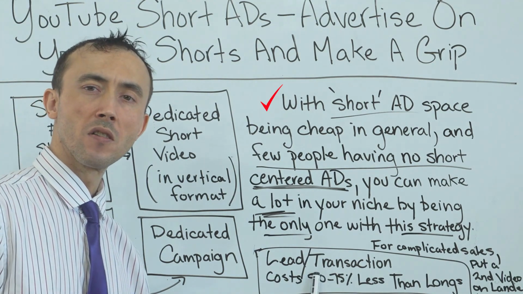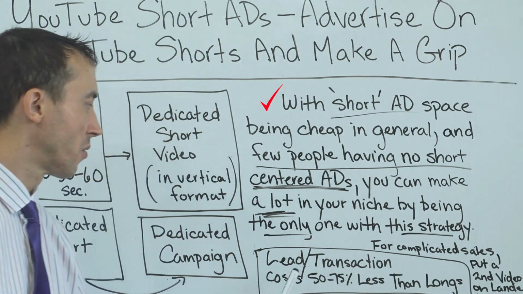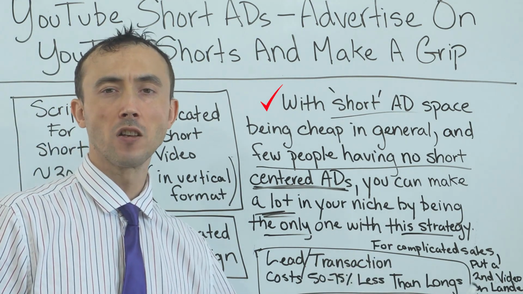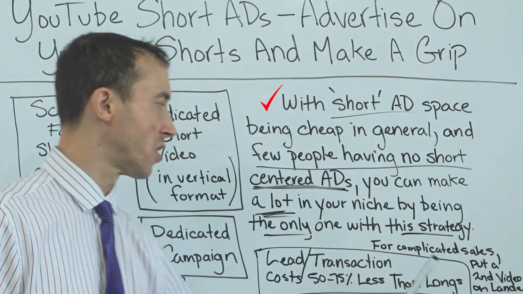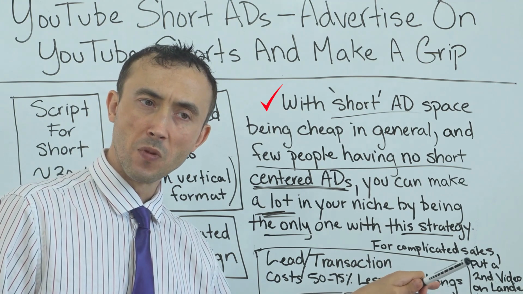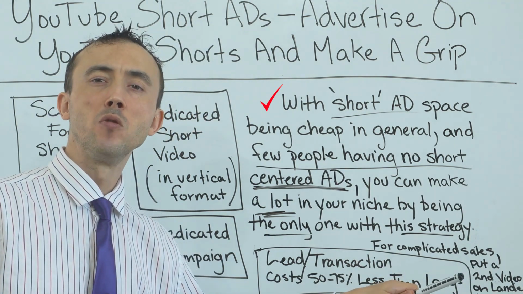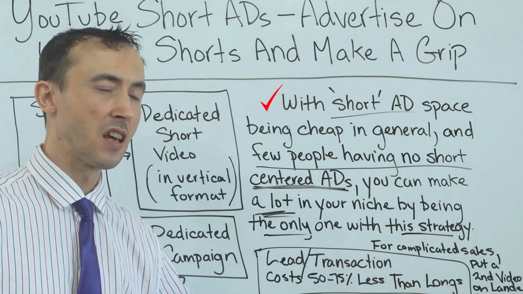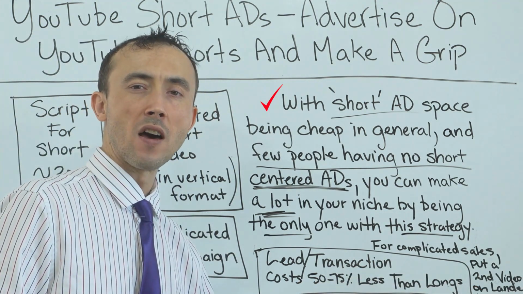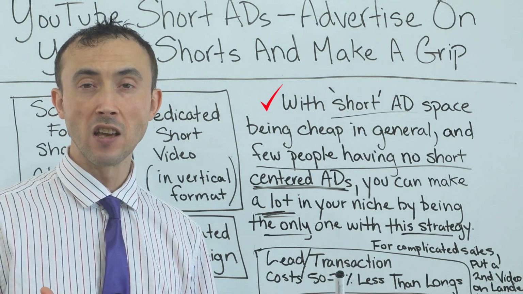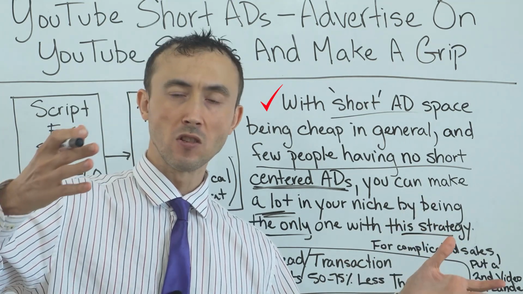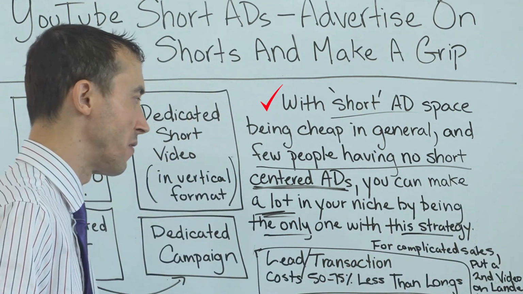But if you do the dedicated short ad, you're going to get, as we routinely will, 50 to 75% less cost per action or cost per conversion than your long video ads. While there's still not a lot of people who know how to make effective video ads and the price to advertise on YouTube is therefore cheap, there's way less that know how to advertise on shorts because it's not been around nearly as long, and people just try to use the same video ad for the long ads. So this is short and it's not going to work out as good for you, obviously.